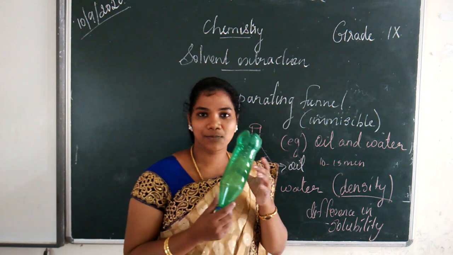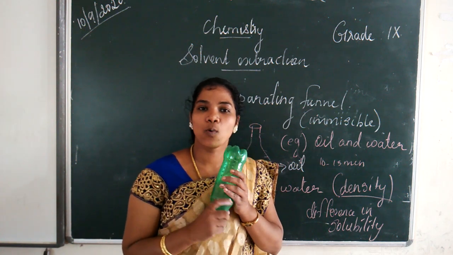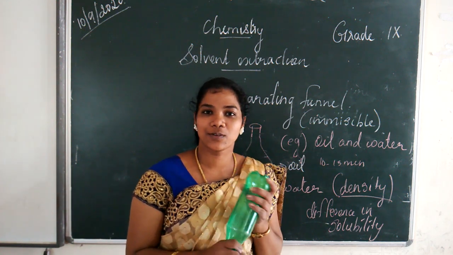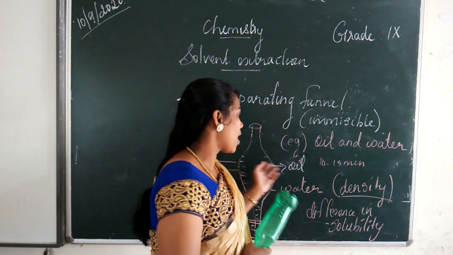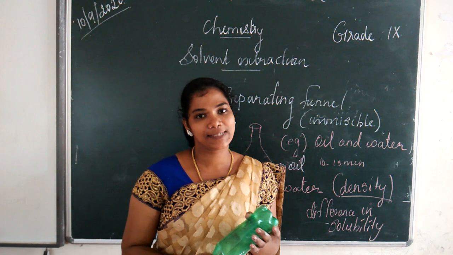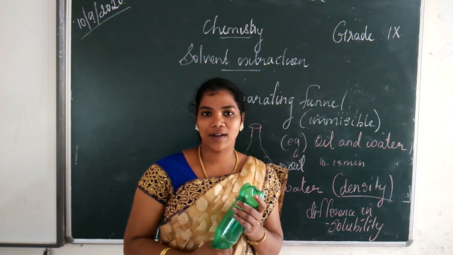Okay, with the help of this bottle, you can do it. Take a white bottle. This is the colored one. You take the white bottles and add some kerosene for better results. Oil and water will take much time for separation. You take kerosene and water, half of the